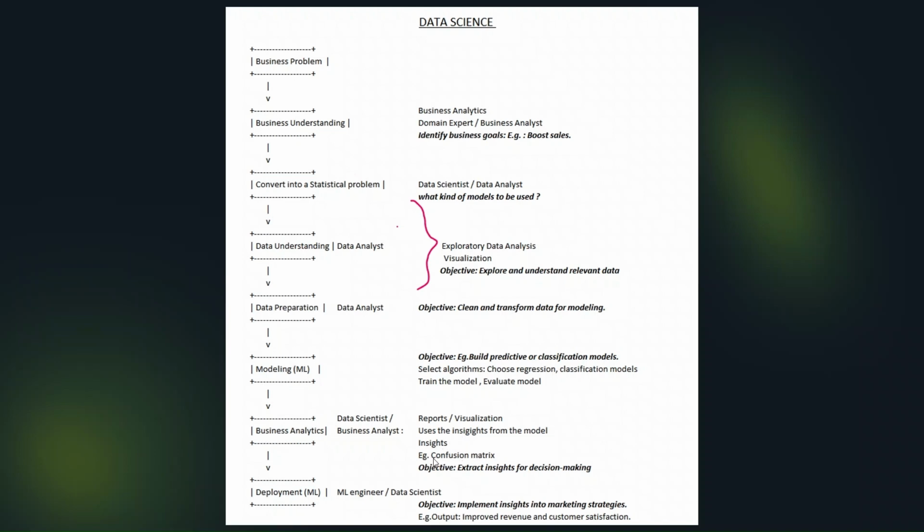Also, if there is any classification, we get to know that information, insights, by looking at the confusion matrix. Okay, it is another way of understanding the model by the insights. And deployment. Once it is done, we will take the necessary steps to deploy that model. We will deploy that machine learning algorithm, and the objective here is to implement the insights, to implement the strategies, to make the strategies. The output will result, and the revenues, which is the objective of understanding the business problem, will be achieved through this. Okay, this is the complete data science overview that we can understand with this flow.